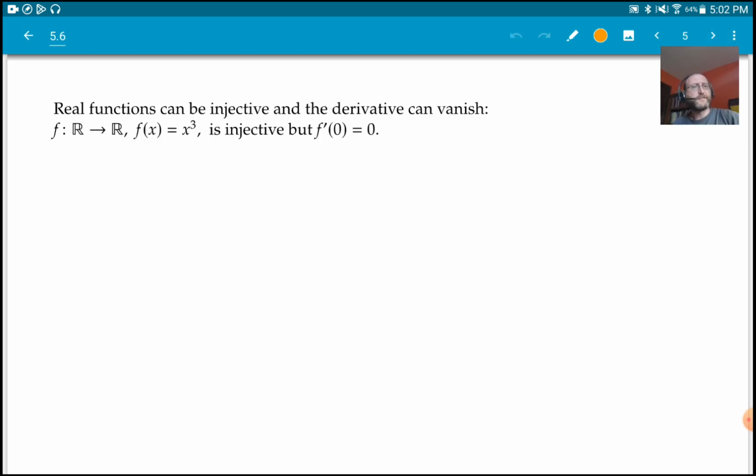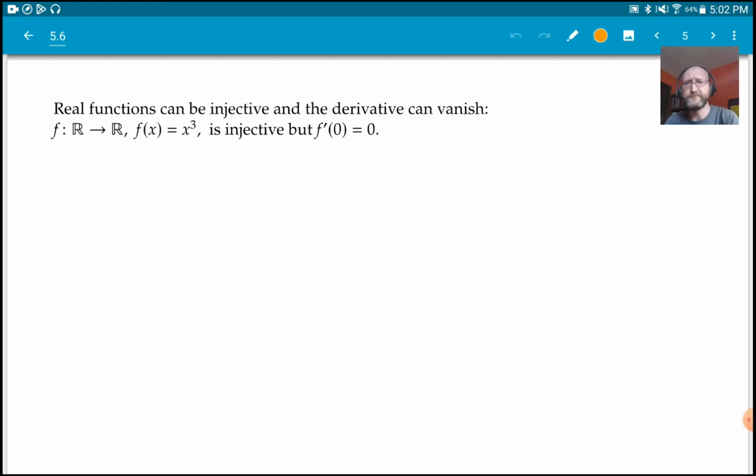All right. So now, what we want to do is look at the other direction. What if we have an injective function? What does it say about the derivative? Right now, we know what the derivative says about injectivity. It says you get injectivity locally, because the derivative is a local thing. We don't expect anything global. Anyway,